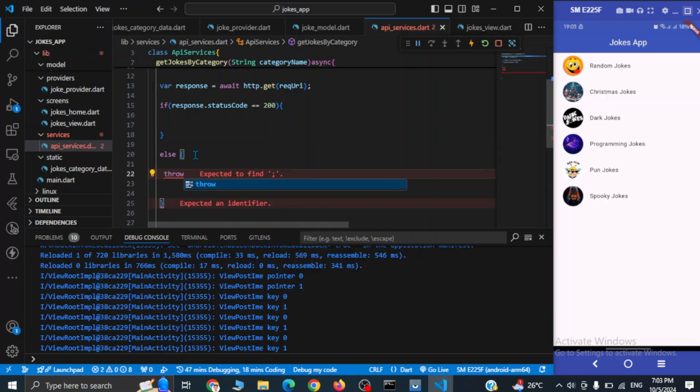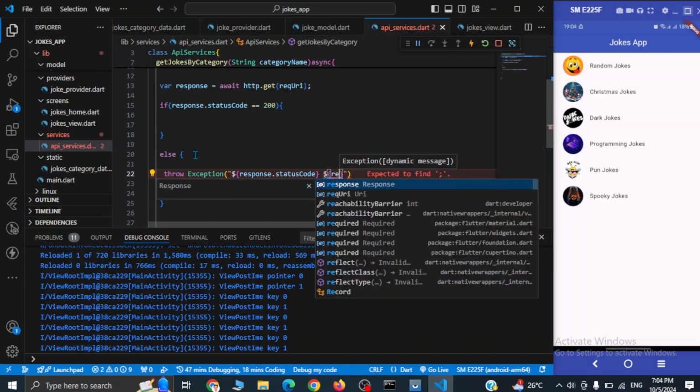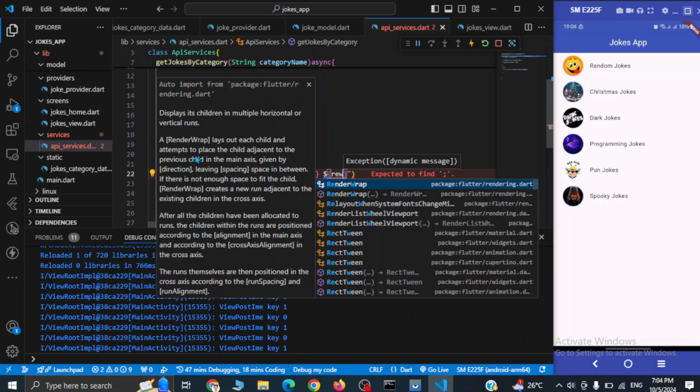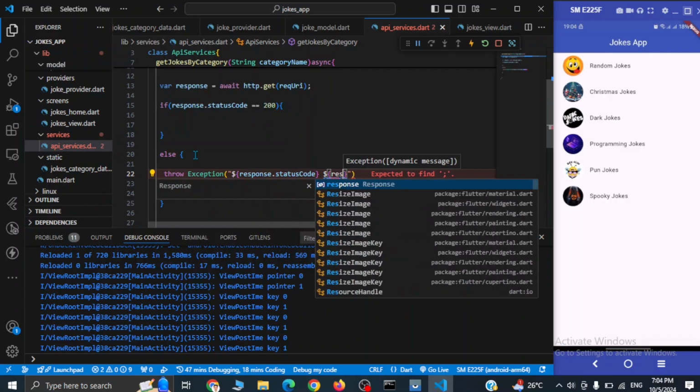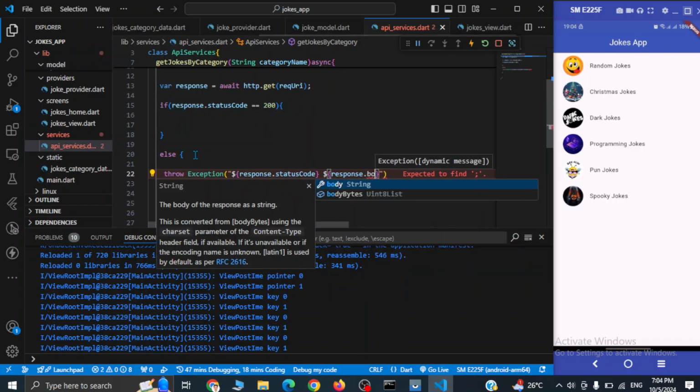Okay, we can't throw text, we have to throw exception. Here we can simply throw response dot status code and body of the response. Okay, response dot body,